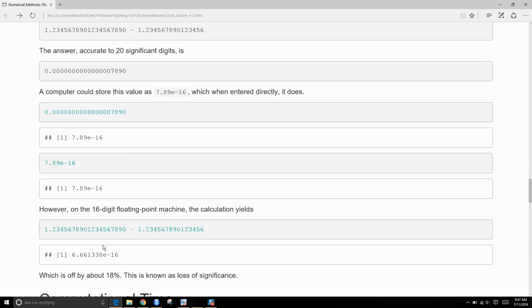Okay, so what's going on here? The problem, again, is that we're experiencing this issue of catastrophic cancellation. Basically, we're asking R to keep track of a difference that's smaller than it's normally able to keep track of, okay? Because of the way the numbers are stored,